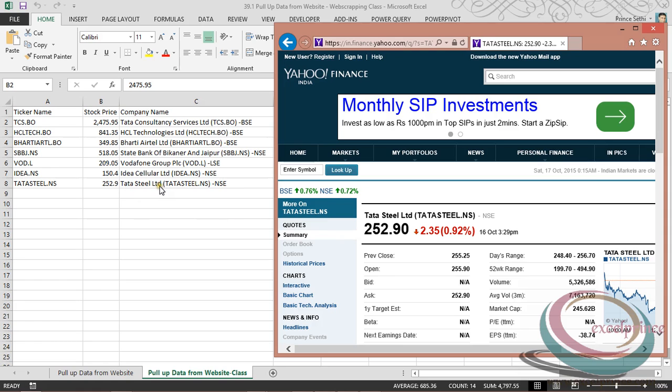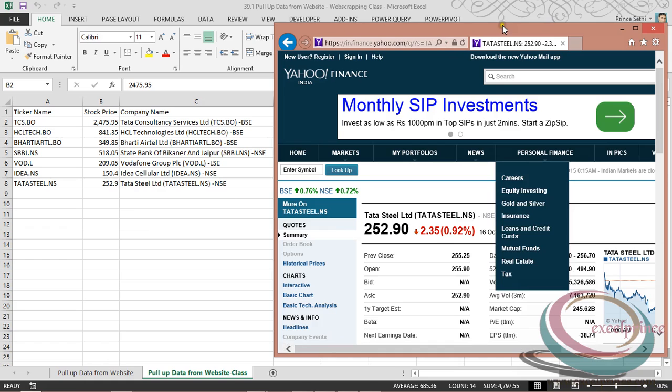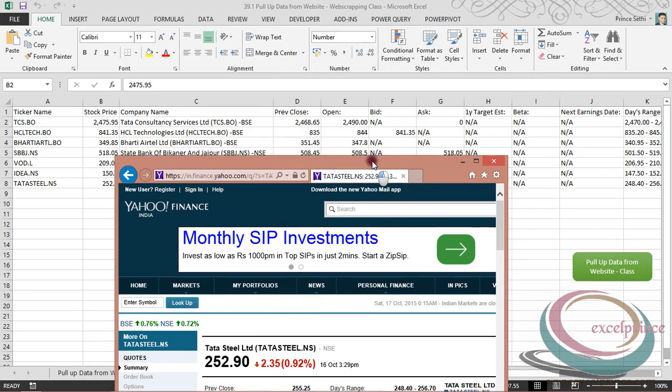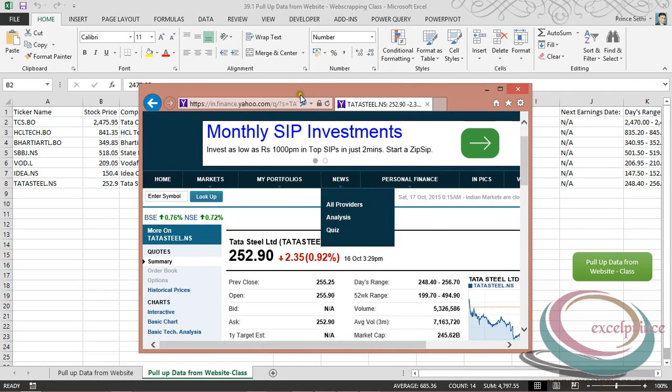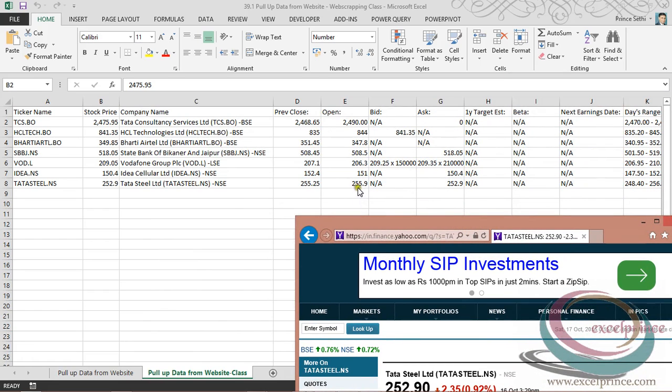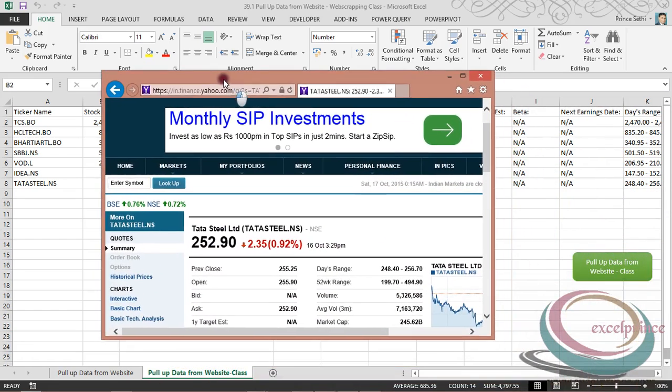The name is Tata Steel Limited, Tata Steel NSE, which is perfectly fine. Coming on to previous close, 255.25, which is fine. 255.90, which is again fine.